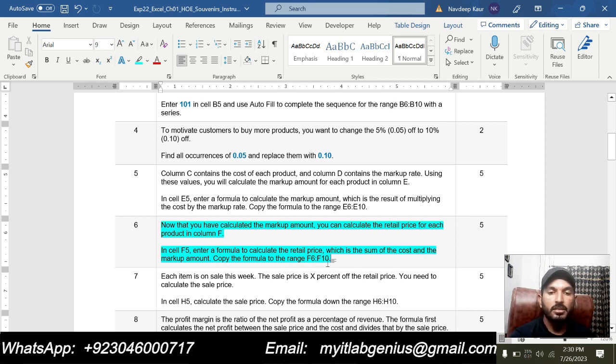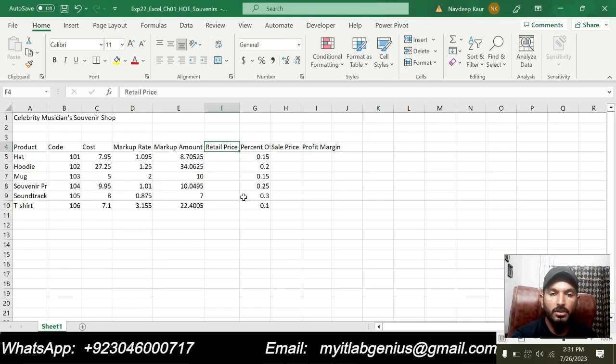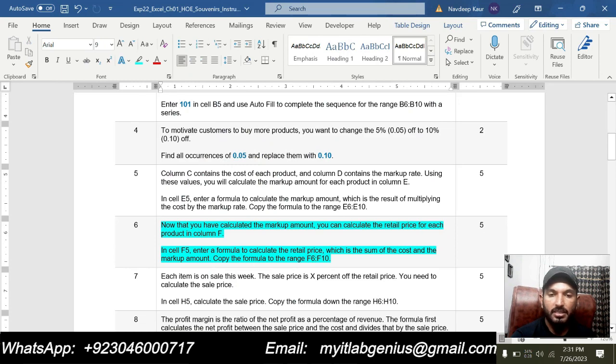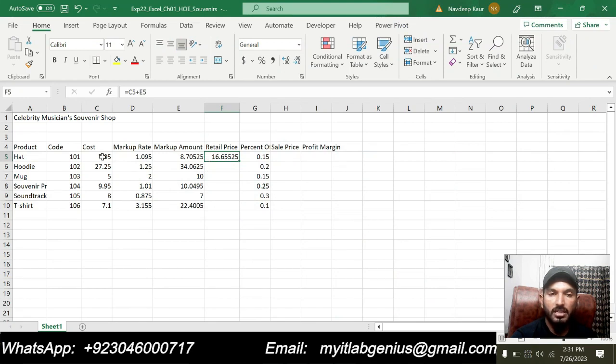Copy the formula to the range. So markup amount was multiplication of cost by markup rate, but now retail price is the addition of cost and the markup amount. So we will simply add the cost, that is C5, with the markup amount, that is E5, and we will get the retail price. As required in step number 6, we are adding the sum of cost and the markup amount. So I added the cost, that is C5, with the markup amount, that is E5, and we got the retail